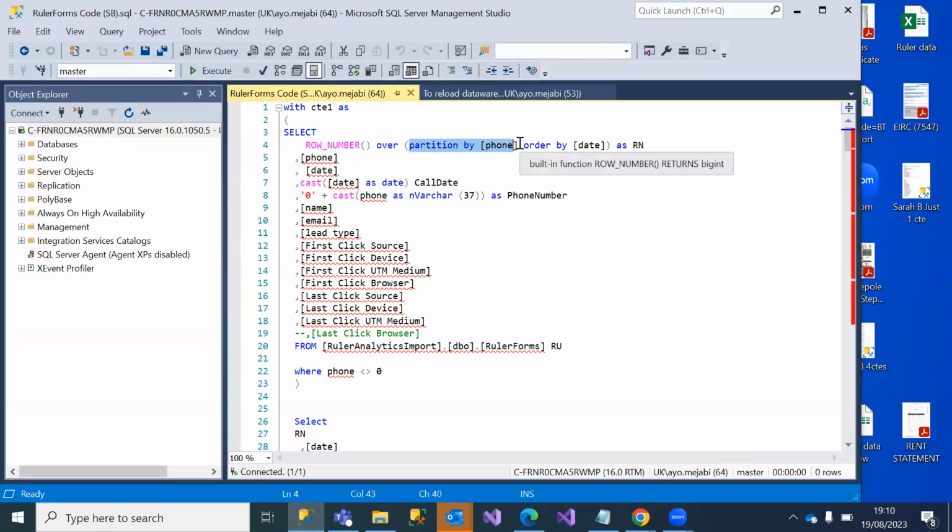And then it says, okay, you want me to arrange the phone numbers in some order. What do you want me to use to order it? I say, okay, do it by date. So the first person that called today will be number 10. The one that called yesterday will be number 9. The one that called weeks ago, in that order. And that's all you're looking for.